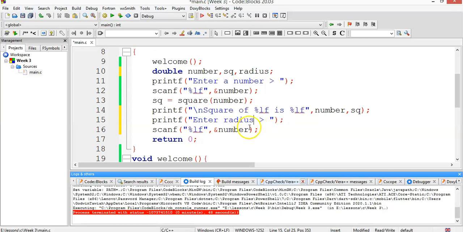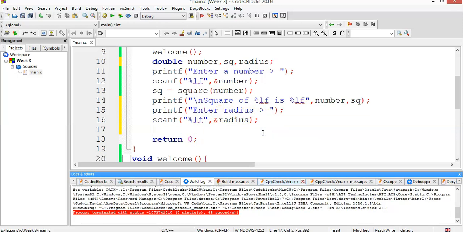Then the person enters the distance we want to save, which we call radius. So enter a radius, then scanf, we put it in the memory we've called radius. So now we can